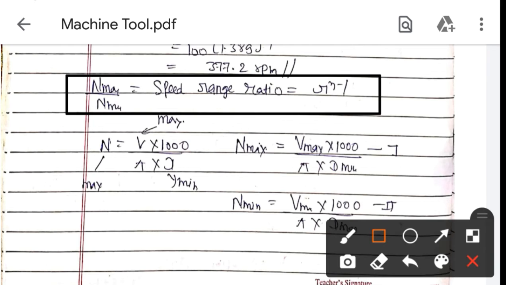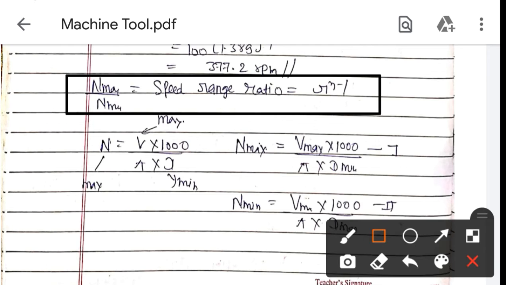Please make note of whichever formula I am highlighting and keep it in your mind, which will help you solve the numerical questions. And in some exams like ESE or state PSU, they may give you direct MCQ questions.